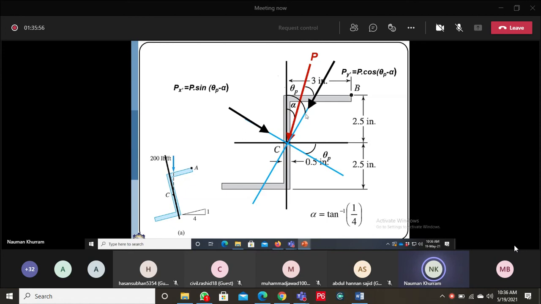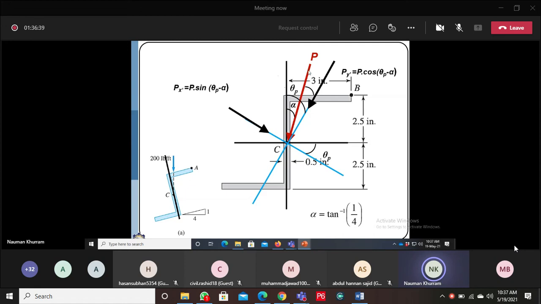So it means that this is the y principal axis. The y principal axis is also on the clockwise side. So this will be theta p. Actually you need to determine the difference of the angle or inclination of the load with respect to the principal axis. So you require this angle. The total angle from the centroidal y axis to the principal axis is theta p, and if you subtract alpha from theta p, you have this angle, which will be theta p minus alpha.